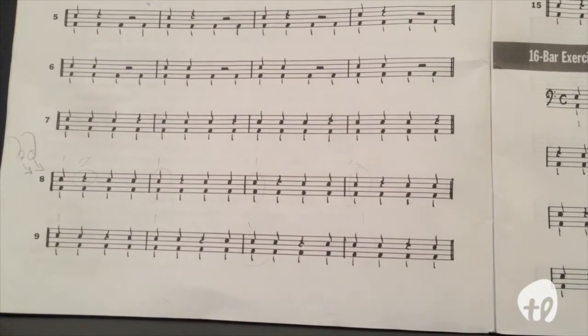1, 2, 3, 4, 1, 2, 3, 4, 1, 2, 3, 4, 1, 2, 3, 4, 1, 2, 3, 4, 1, 2, 3, 4, 1, 2, 3, 4, 1, 2, 3, 4, 1, 2, 3, 4, 1, 2, 3, 4, 1, 2, 3, 4, 1, 2, 3, 4, 1, 2, 3, 4, 1, 2, 3, 4, 1, 2, 3, 4,